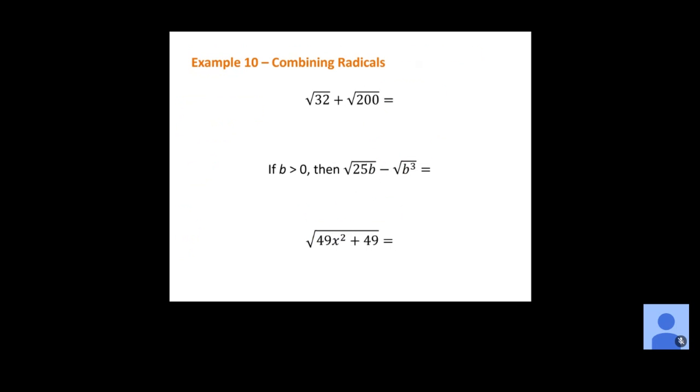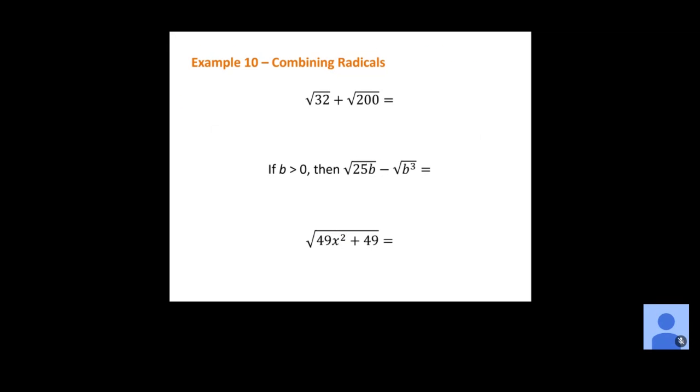All right, so now combining radicals. We've got the square root of 32 plus the square root of 200. To combine radicals, you have to have the same index, and you have to have the same value inside your radical. Right now I've got a square root of 32 and a square root of 200. They're both square roots, but the numbers inside are not the same, so I can't add them the way they are right now. So I'm going to try to simplify first, and then we'll see if we can combine them from there. What we're going to look for are perfect squares